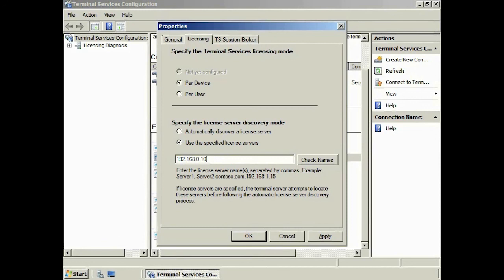If you have users not being able to log onto your terminal server because the server cannot find the licensing server, I would suggest manually entering a licensing server. That's it for server settings. TS Session Broker will be covered in Terminal Services Load Balancing, so I will